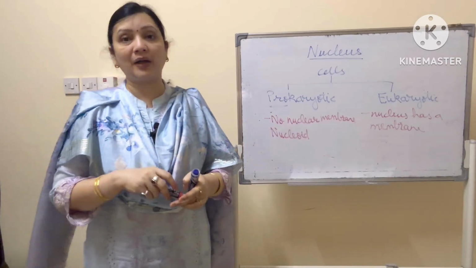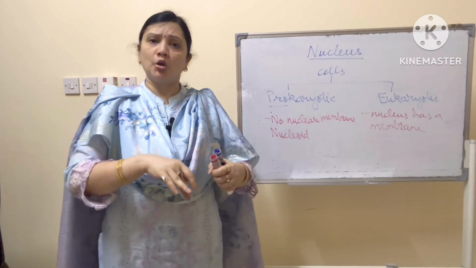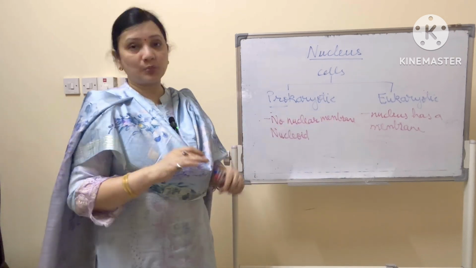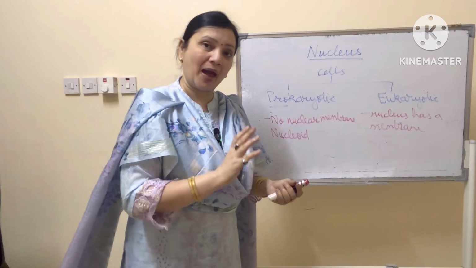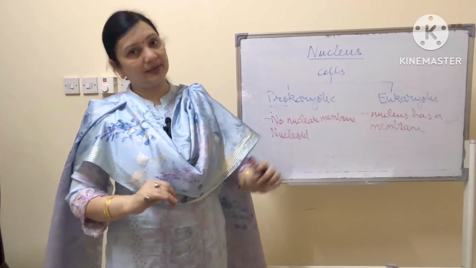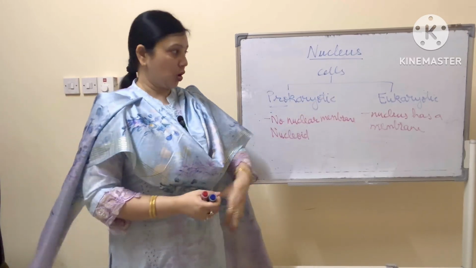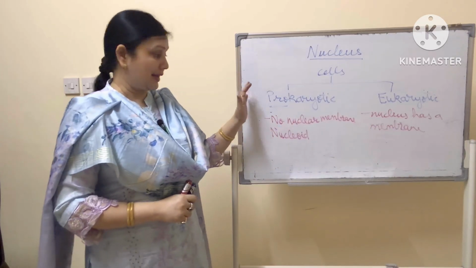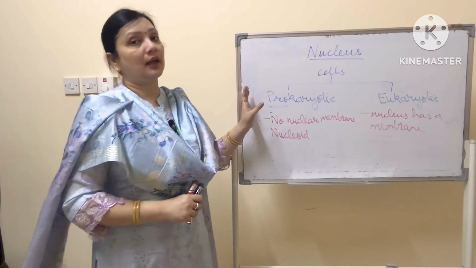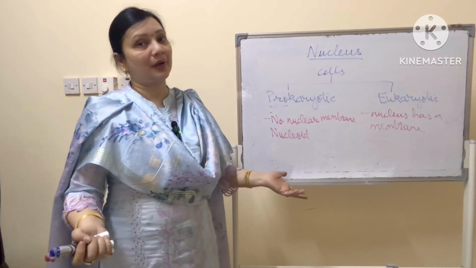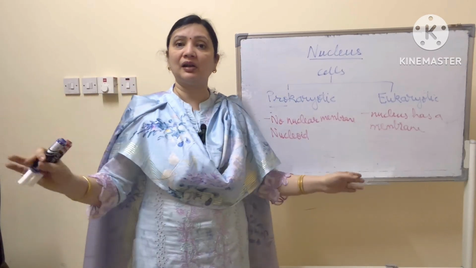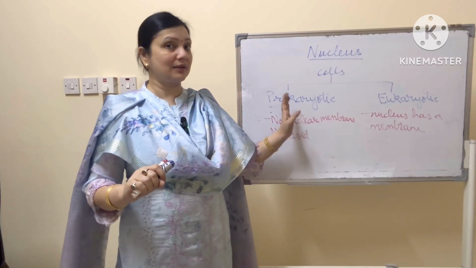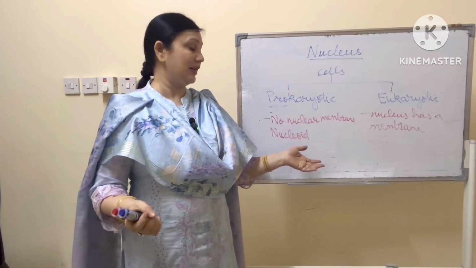All the things are there, but they are scattered. It's just like you keep all your books and notebooks scattered on the table, then it is prokaryotic. But if you properly keep them in a bag, neatly, tidily, then it is a eukaryotic cell. So all the modern cells, we all have eukaryotic cells. The old cells, for example certain bacteria, are prokaryotes where the nuclear membrane is not there. So all the genetic material lies scattered in the cytoplasm, and such material is